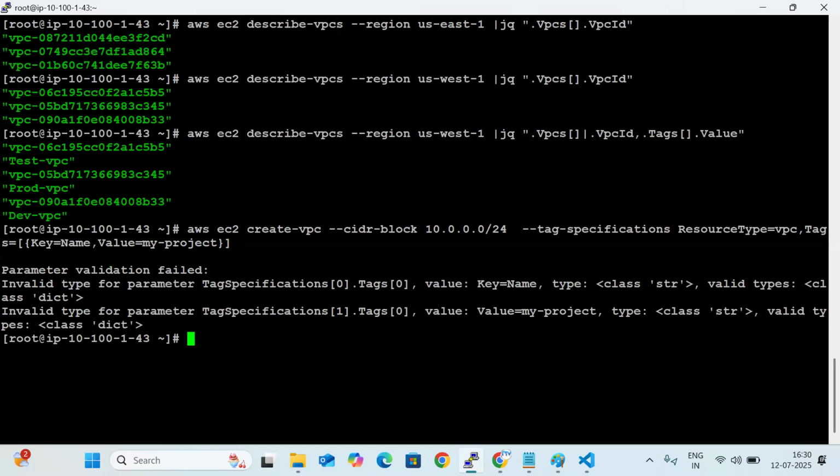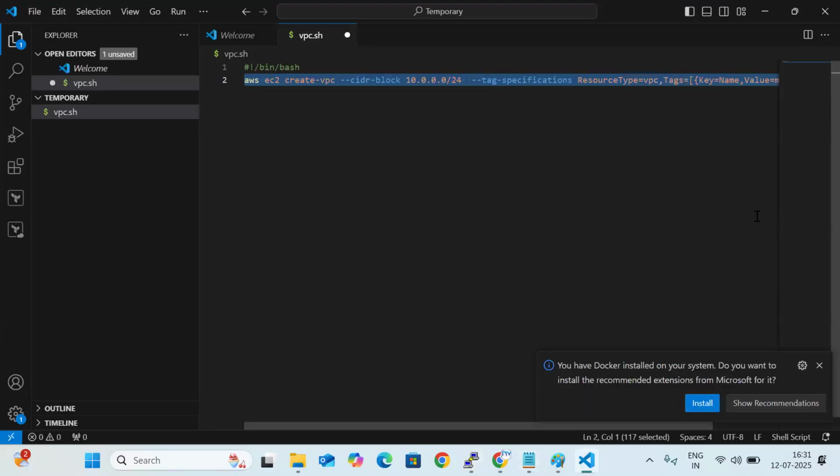It is saying invalid parameter for tag specification, Tags Value, Key is equal to Name, and type is equal to string. String means I have to provide this in double quotations. That's it. Let me provide it in double quotations. And for the CIDR block, what I will do here is 10.50.0.0/16. I will provide it in this fashion. Okay, if I copy this